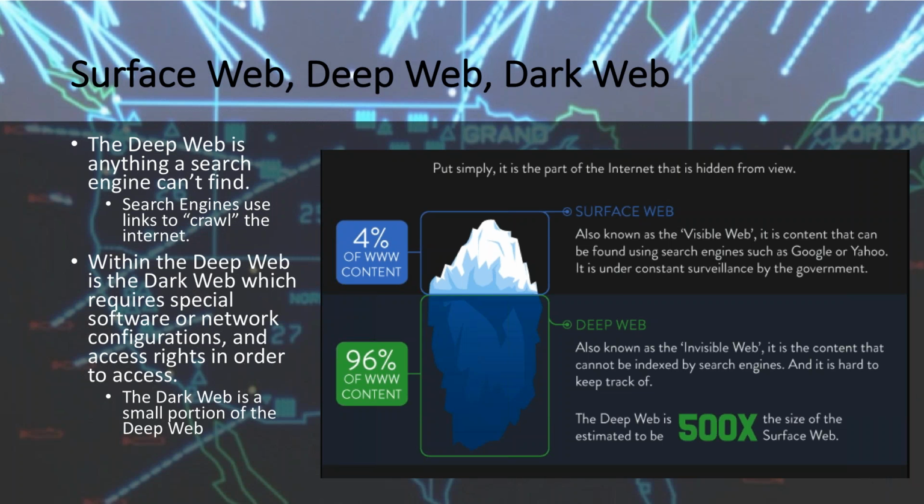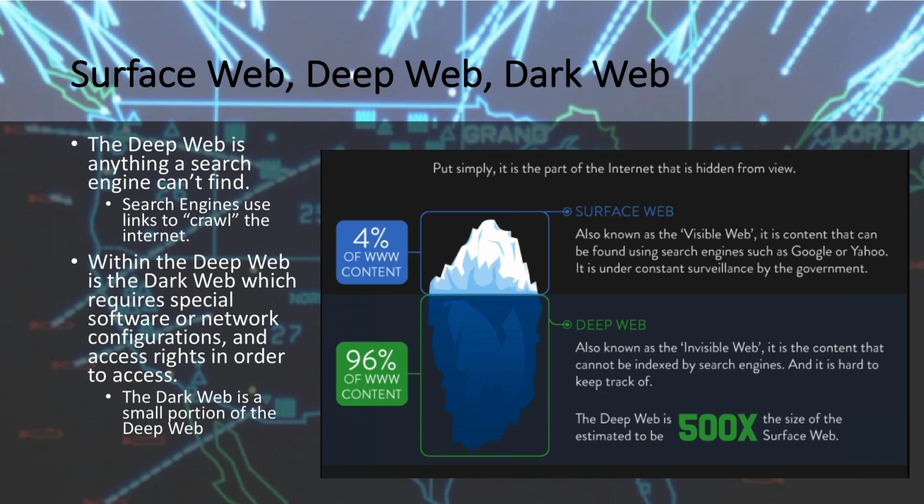The way search engines work is through a web crawler, a robot that clicks on links, and every time it sees a new link, it clicks it and logs how it got there, so when you search, it pulls up all those things that it clicked on throughout its life. In the deep web and the dark web, those links aren't readily available. You can't find it, you can't go to it.